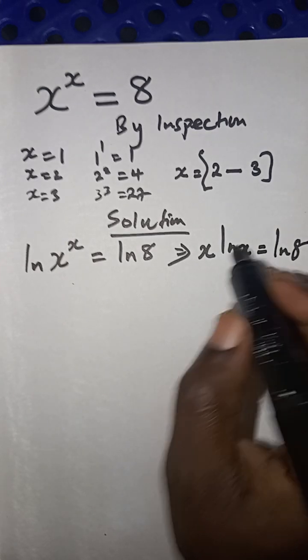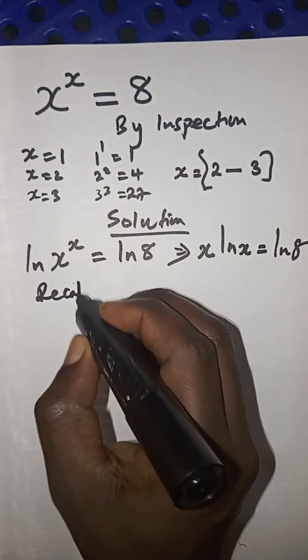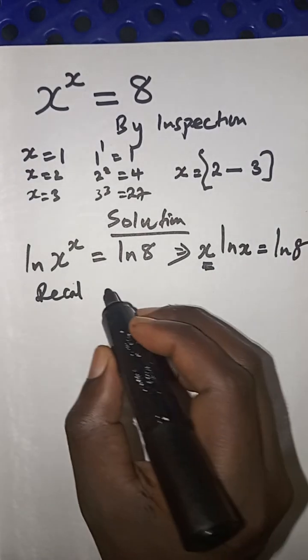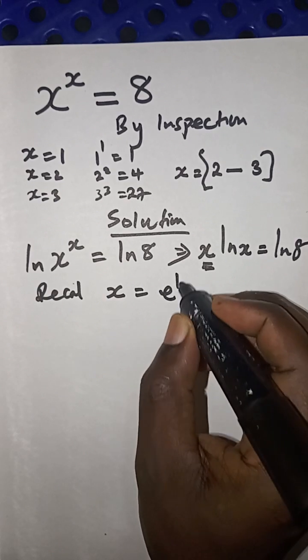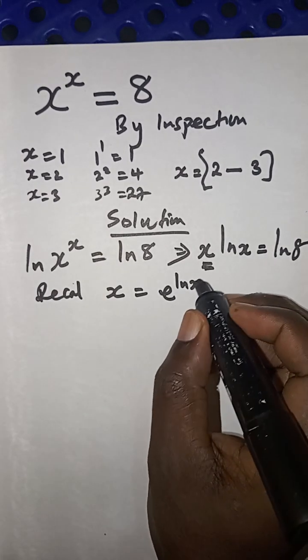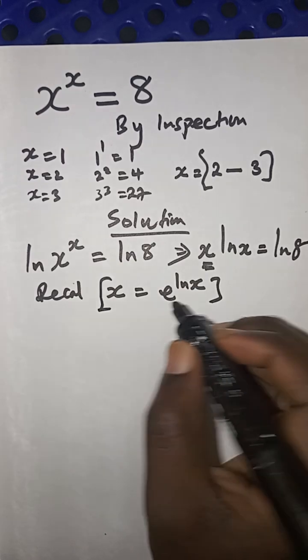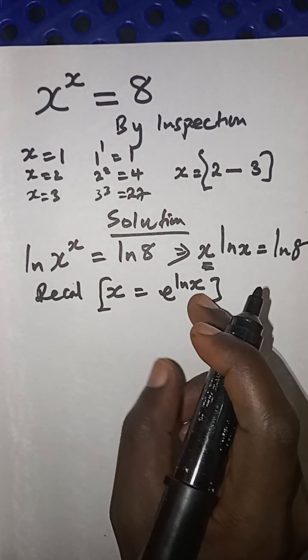Nice. Next step, you need to recall that this x can be rewritten as e to the ln of x,